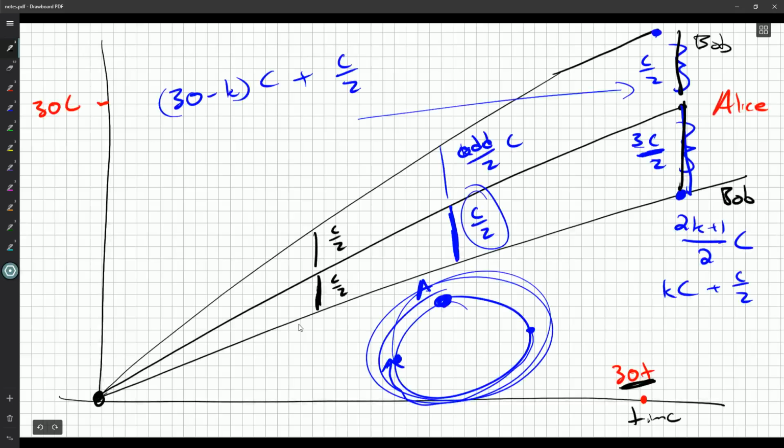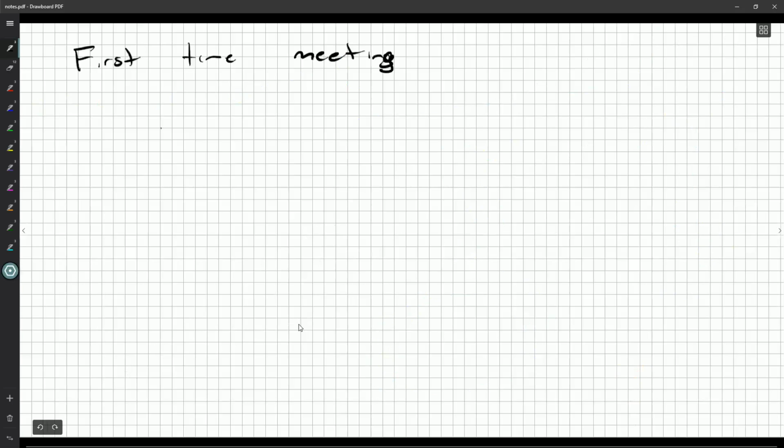Okay. So with that in mind, what can we say? Well, I doubt their solution goes into this much detail. They probably just assume you can reason. And they would give you the marks. You don't have to draw a distance graph or anything like this. They will probably just accept that, yeah, there's only going to be two because of the first meeting. But why is that exactly? Well, you should be able to reason it out for yourself, even if you don't have to reason it out on the contest. So the first time meeting implies